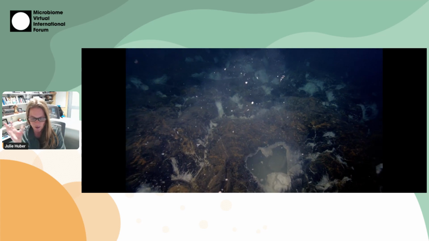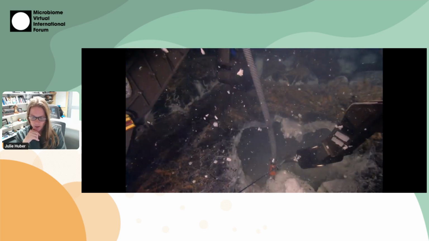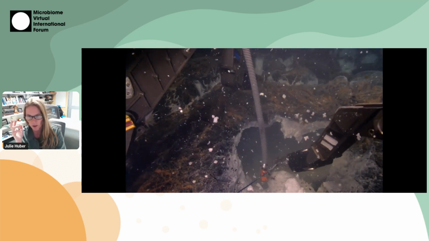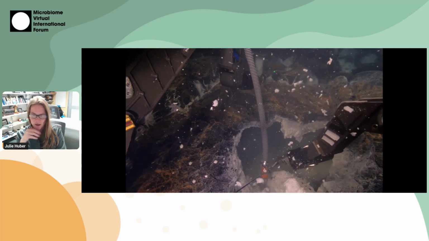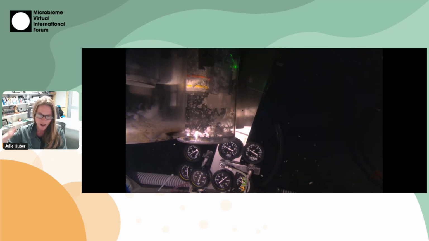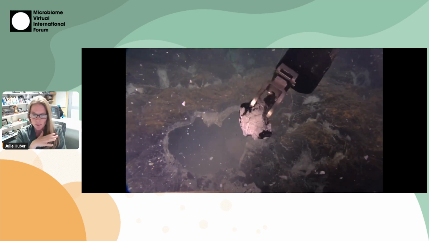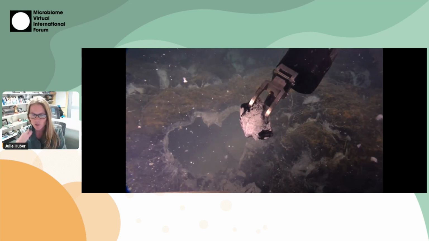And what you're seeing is all this white snow from sulfide and sulfur oxidizing bacteria that are ejected from the crust during these large eruptions. And all this hydrogen sulfide and heat and energy is brought out, and microbes are getting flushed out of the seafloor. This is the collection device that we're using. And you can see microbes are actually just coating every surface.